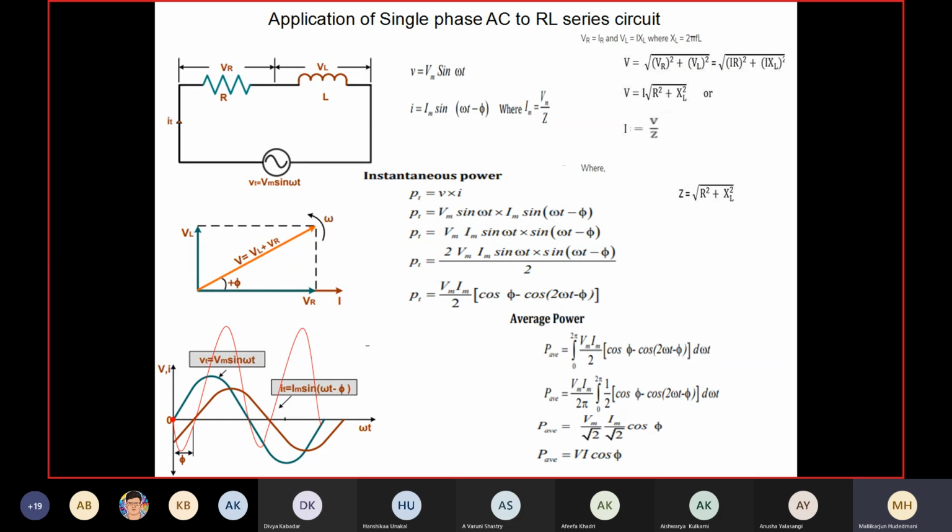Power is not 0, but look at the equation here: Vm Im by 2 cos phi. There is a second term which went to 0 in the final result. It is called an oscillatory term. This oscillatory term is represented in the waveform. You can see here waveform number 1 beginning from 0, waveform number 2 beginning from a shifted point, and in between a small time length and a big time length, again a small time and a big time length.